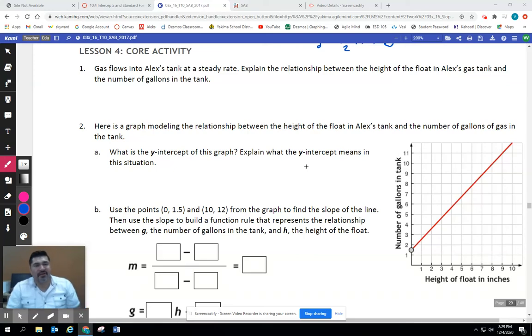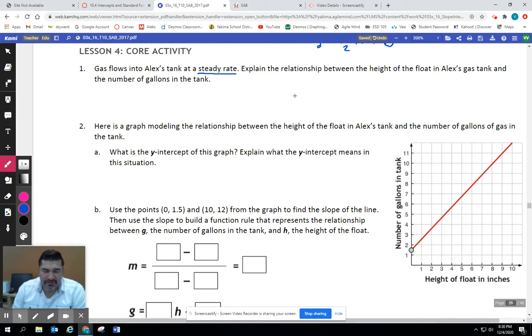Okay, welcome back. So we are on lesson 4, the core activity. Number 1 says gas flows into Alex's tank at a steady rate. Okay, that's the key word right there, steady rate. Explain the relationship between the height of the float in Alex's gas tank and the number of gallons in the